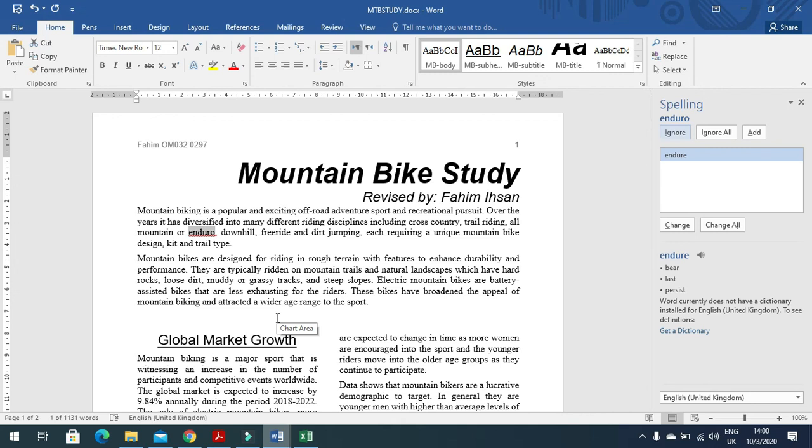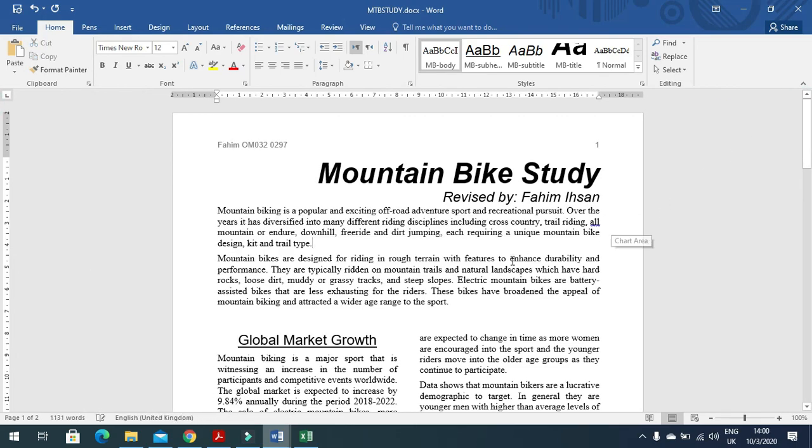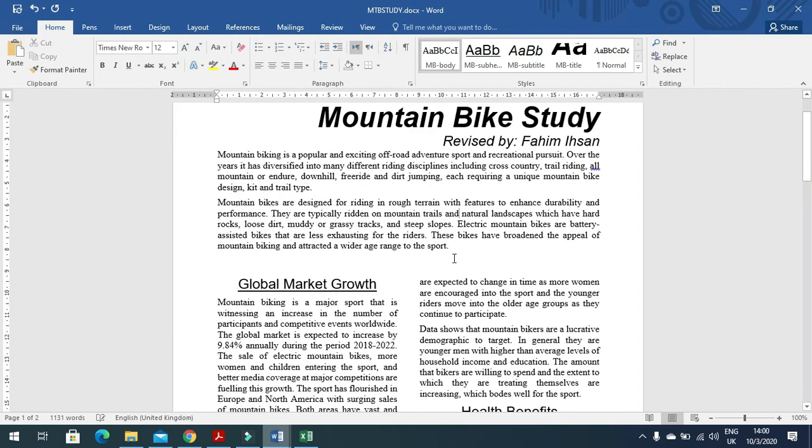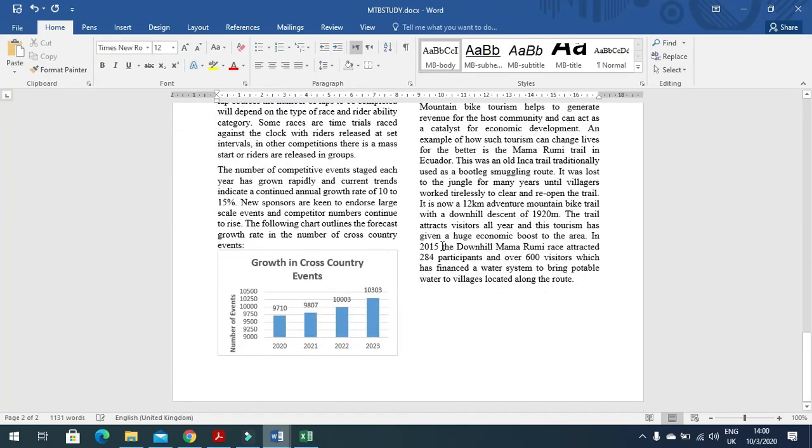So if there is, you just correct it, otherwise you just leave it like that. Yeah, change this one, and then you just click close, and the spelling and grammar check is completed. That's all. So this is what you have to print, and that's all from the document part of this question